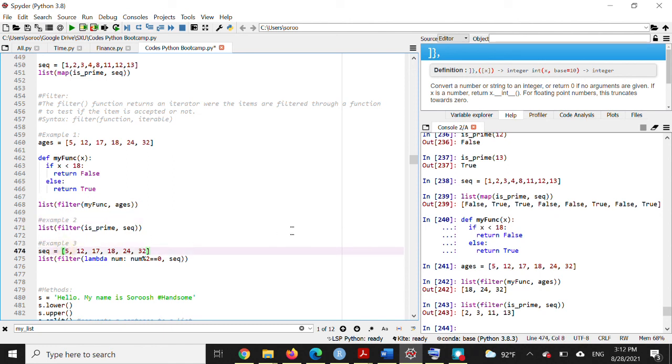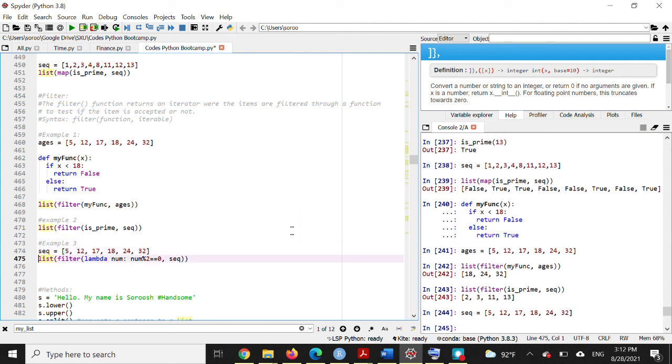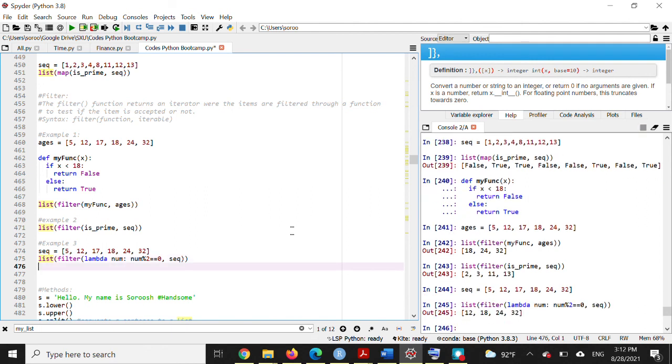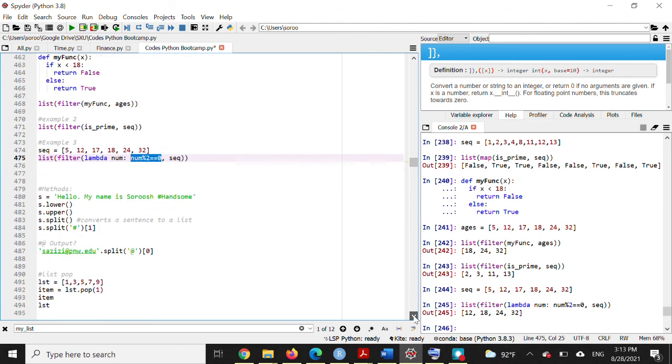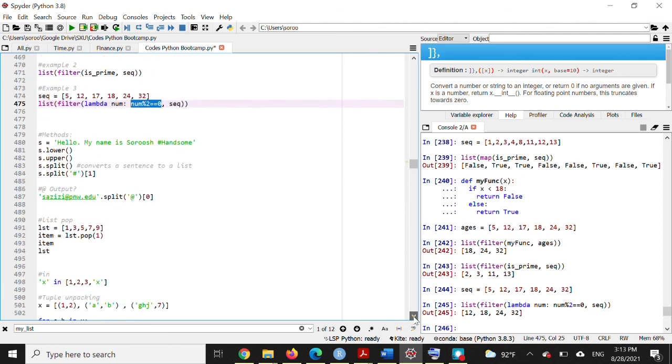So we define a sequence of numbers, the same thing, and then we want to filter all the even numbers. Yes. So we use lambda for that. Num, if the remainder of num by 2 is 0, then we want that. So num, it's gonna return true if this is a true condition. And then the sequence, we pass the sequence and we get 12, 18, 24, 32. Okay, let's move on to